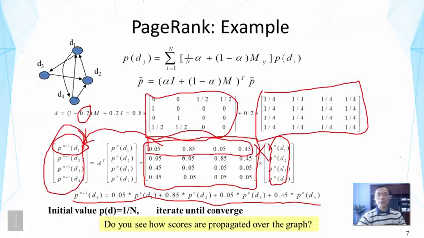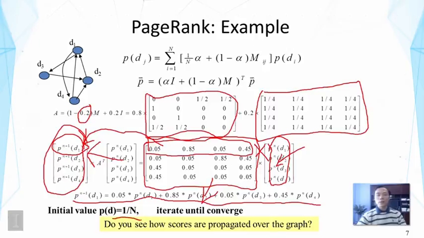So this is how we updated the vector. We started with some initial values for these, and then we just revise the scores. We generate a new set of scores, and the updating formula is this one. So we just repeatedly apply this until it converges. And when the matrix is like this, where there are no zero values, it is guaranteed to converge. And at that point, we will just have the PageRank scores for all the pages. Now we typically set the initial values just to 1/n.